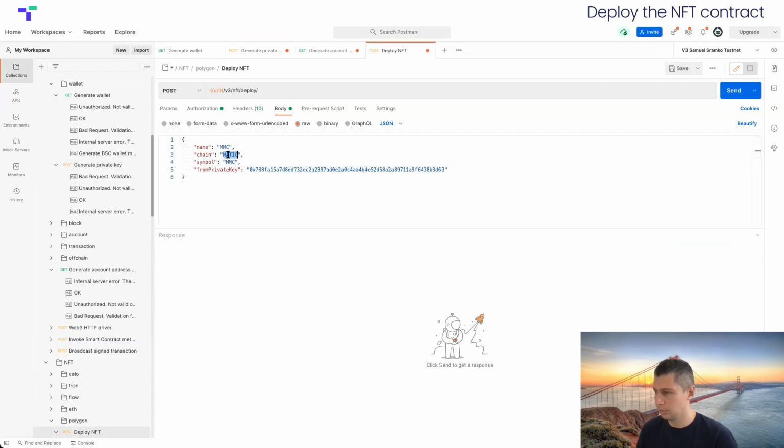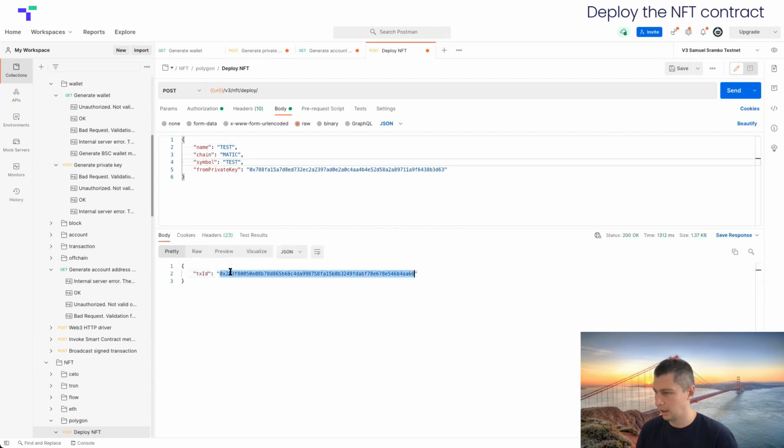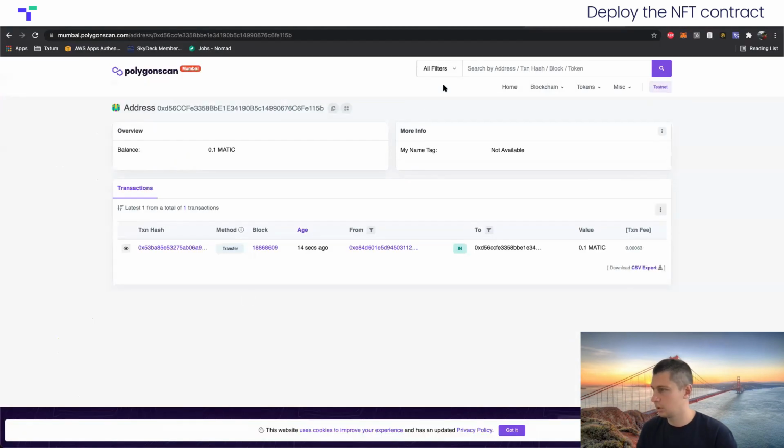We want to work on a Matic chain, and let's do the test. Let's do the test token. Let's do that. And the 0.1 should be just enough. The result of deploying the contract is the transaction ID. The transaction ID could be found on the block explorer, and we can see on the block explorer that the